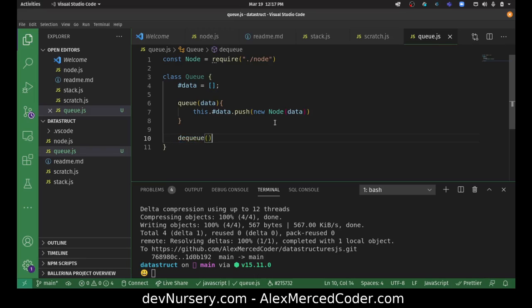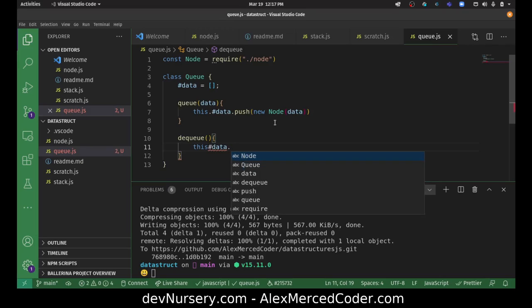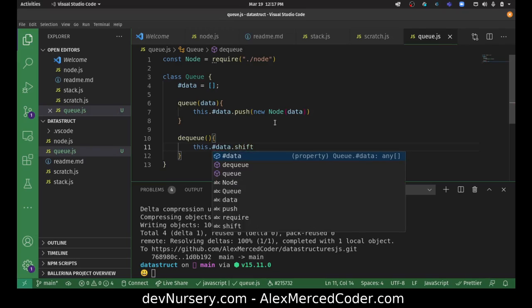Okay, so we don't need to pass anything there. It's just going to take this data, take whatever the first node is. So I'm not going to use pop, I'm going to use shift. Okay, so this.data.shift, and again I'm using the hash